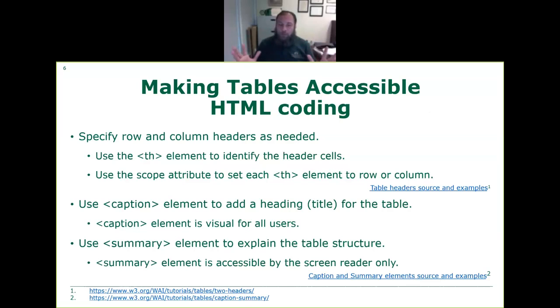Okay, so it is also recommended, when you use both, that you don't use the same phrase for the caption and the summary. The caption is just the title of the table. The summary explains some of the detail that people see, for someone who's blind. Remember that and keep it in mind. And we provide here a hyperlink to have more information and HTML coding examples, and how to apply them while coding.